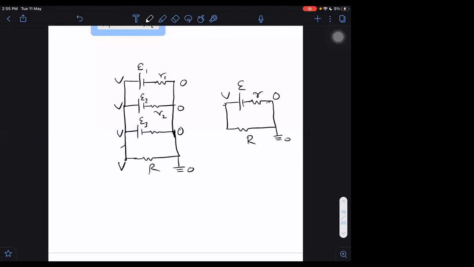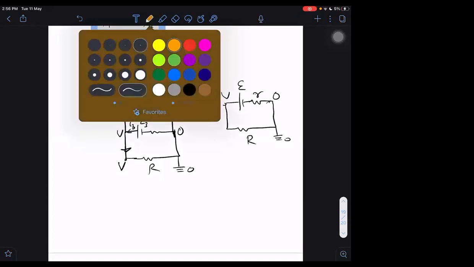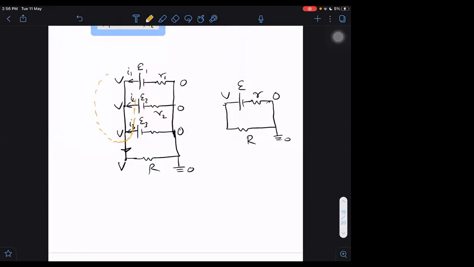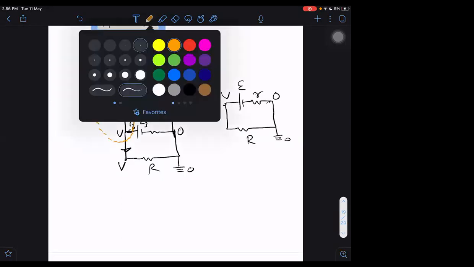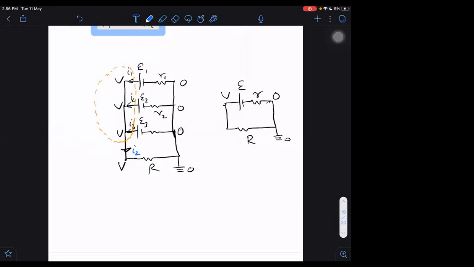Now, do the needful. What are the currents flowing? Let us say the first branch has I1, the second branch has I2, the third branch has I3. What will be in this single branch finally at last? I1 plus I2 plus I3, because of which law? Incoming equals outgoing. I have to take a loop here. In this loop, net incoming current is equal to net outgoing current, so I1 plus I2 plus I3 equals I. Now, here it is a single I only.